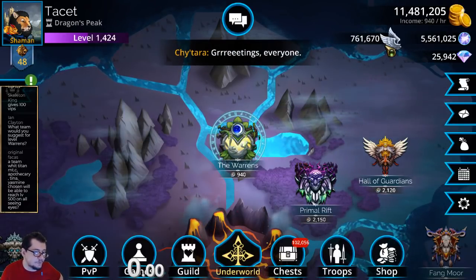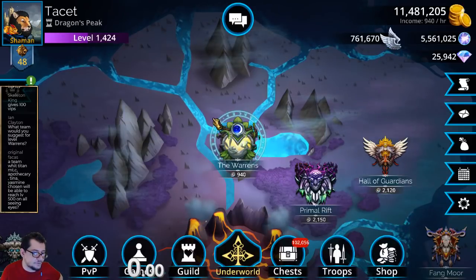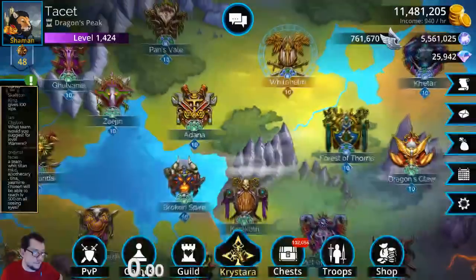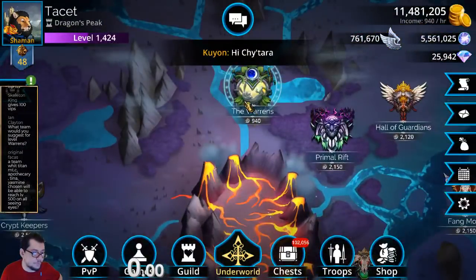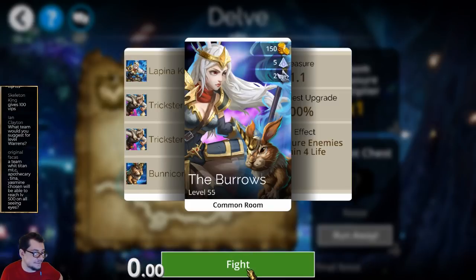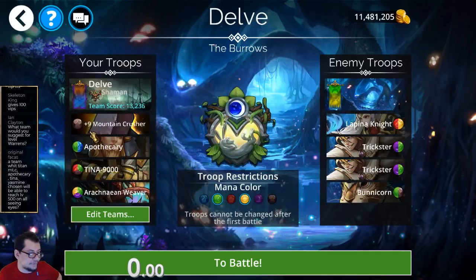What team would you suggest for Warrens? Suggest for level Warrens? Do you mean for the class event? Or wait, sorry. Do you mean for moving forward in this Warrens area? Well, you could be using exactly what we're using now. This will actually last till about 200 or so. But if you're talking about the later ones, you'd most likely just want to run an entire team based around...